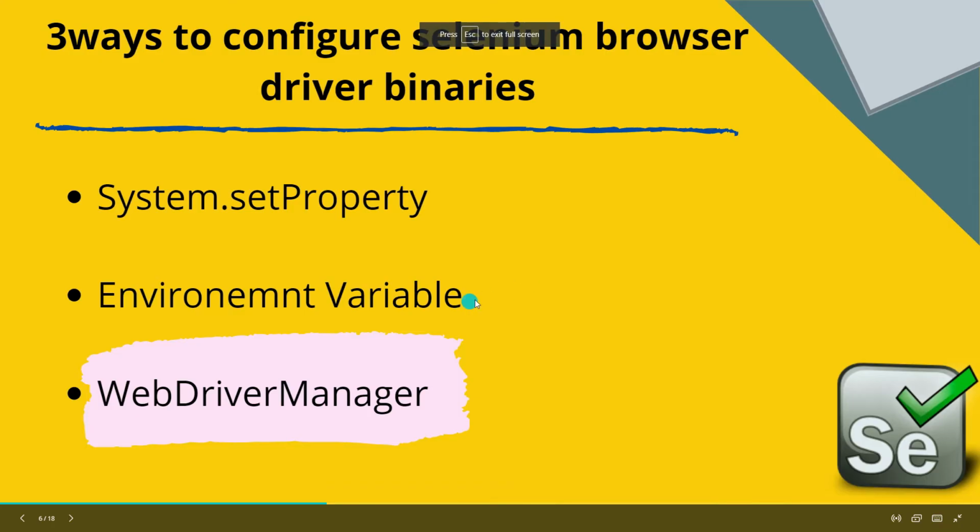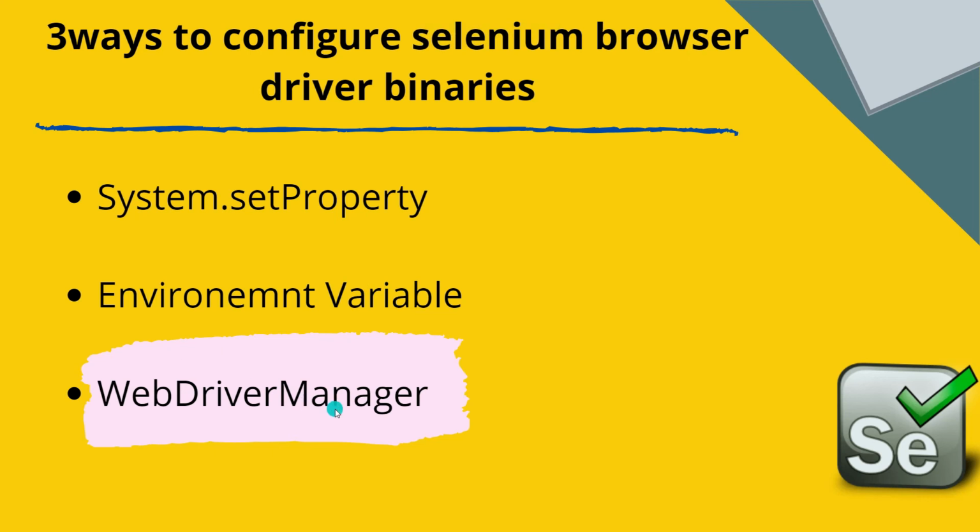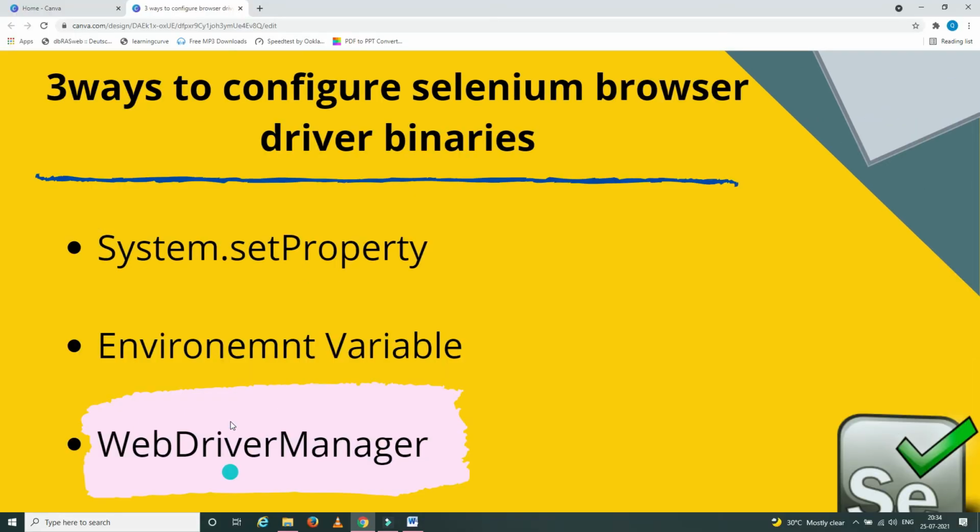To overcome these issues, we have an option, that is, we need to use WebDriver Manager, which automatically manages the download of browser driver according to the version of the browser that we have in our machine. And we don't need to manually provide the path of the driver anywhere in our code. So we have a WebDriver Manager class that automates this process for us and allows us to concentrate on Selenium scripts rather than on browser settings.